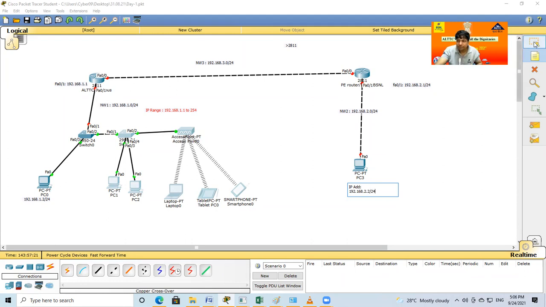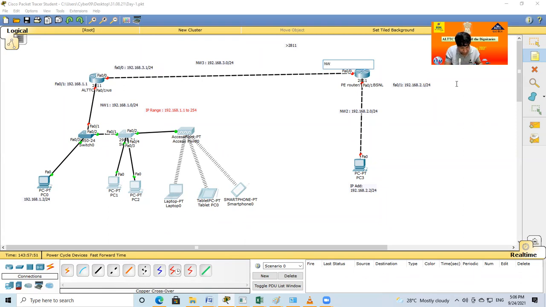Now this port and this port. So I am planning this as the 3.0 network. FA0/0 for router 1, sorry, router 0, is 192.168.3.1/24. Keep the habit: without an IP address, the subnet is not defined clearly.